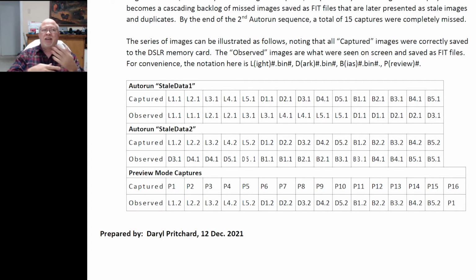So this becomes a cascading process where these backlog images get stacked deeper and deeper. I don't know what the limits are of the internal memory in the ASIAIR where this backlog is being created, but what you can see here is I went through the full, what I call here the STEL Data 1 sequence, 15 subs, and by the time we get to the 5th bias, we have only seen on screen the 3rd dark. So whatever that is, we've got 1, 2, 3, 4, 5, 6, 7 pairs of duplicates,